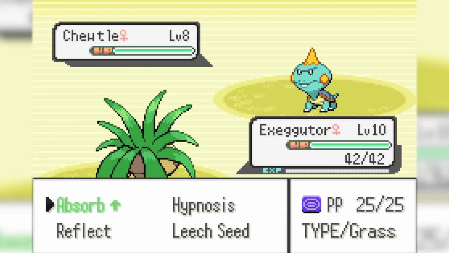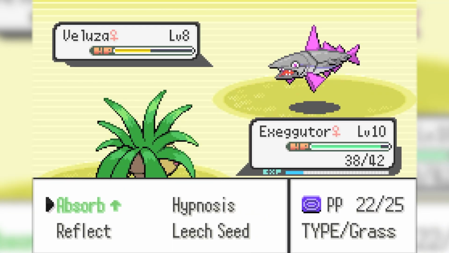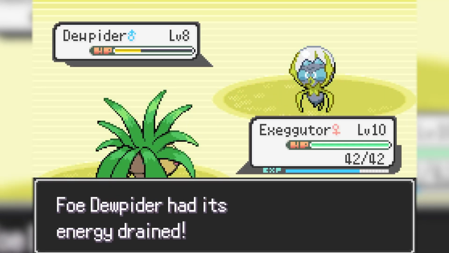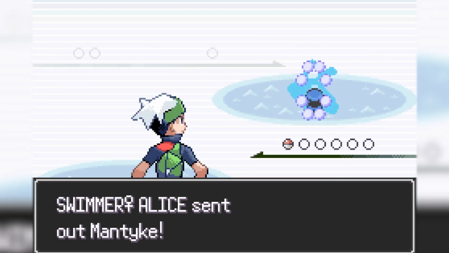Luckily for us, Route 109 south of the city has lots of trainers to grind up on. The Tropical Dragon Tree's starting moves are Absorb, Hypnosis, Reflect, and Leech Seed. Not the best, but Leech Seed is good because I can't use items in battle, so I need a healing move. As I'm battling trainers, I decide to head in the direction of Dewford Town where there's tons of trainers